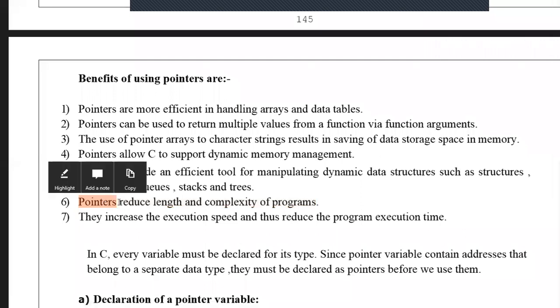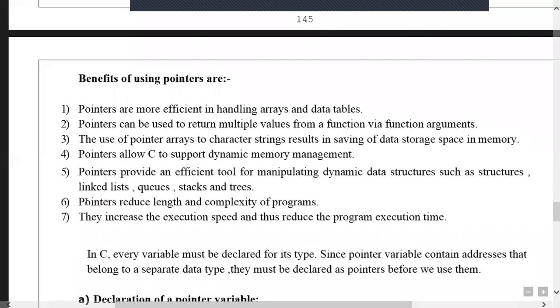For example, if we know the address 65524 and increment to the next address, then we get the next byte of data. So no need for a lot of variables, only one pointer is enough.